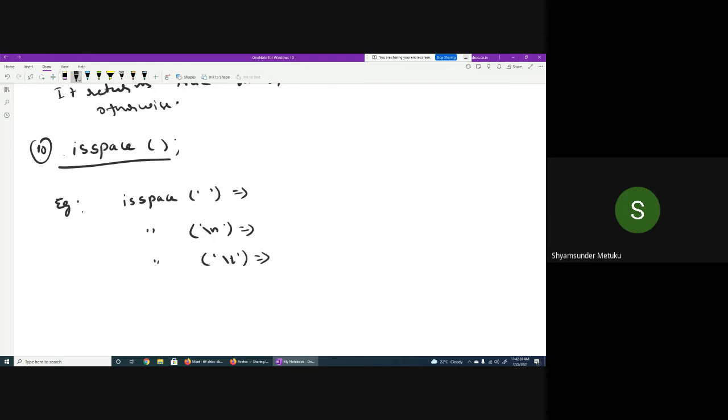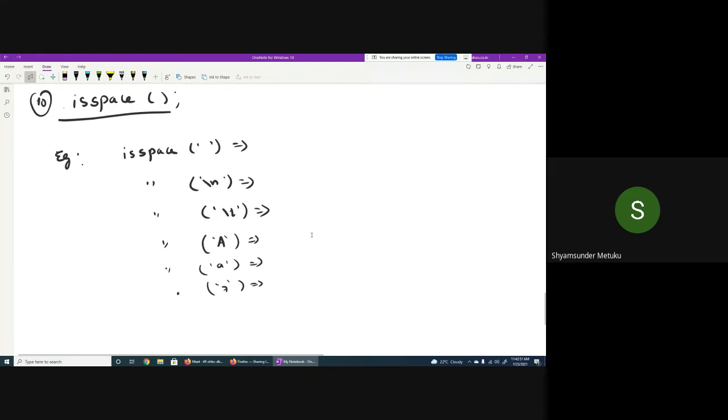Just respond. What are the outputs for all these three different examples? Respond. Yeah, there is a space, or you don't write space, assuming it is a space. Okay, I'm just keeping a space between the two single quotes.